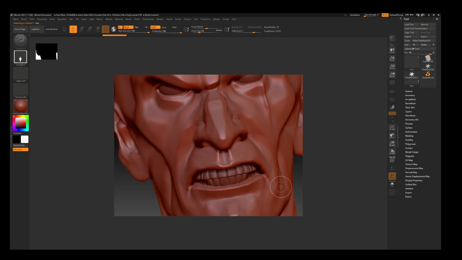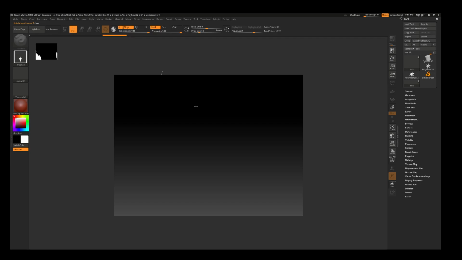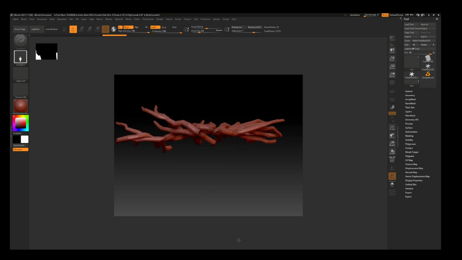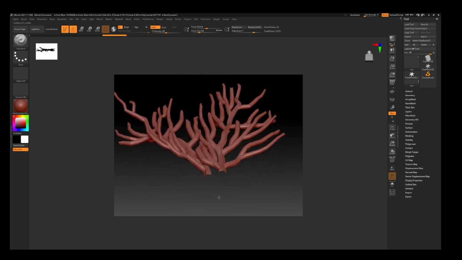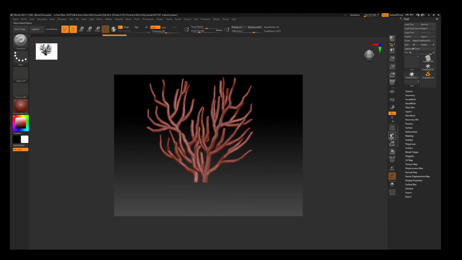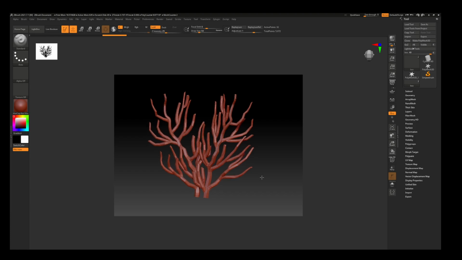Okay, again press Ctrl N, and normally I use a working board for ZBrush, but now I'm just showing with the mouse. Right click the mouse and then drag it, and don't click anywhere else, directly click to the edit, and now you can just click and move this part. So here you can see